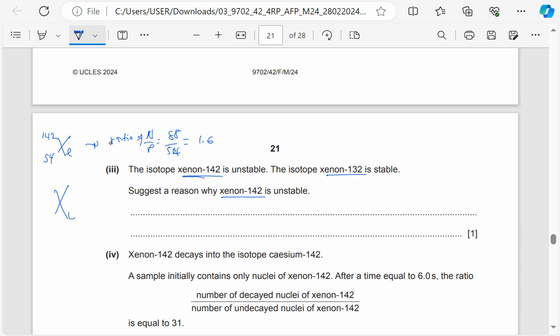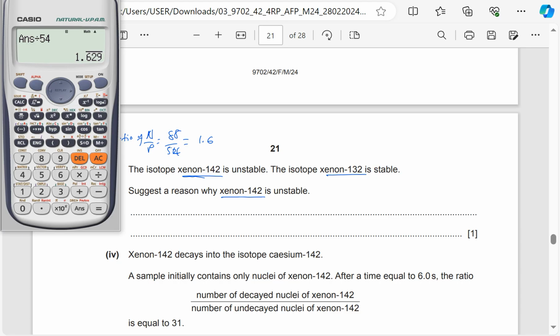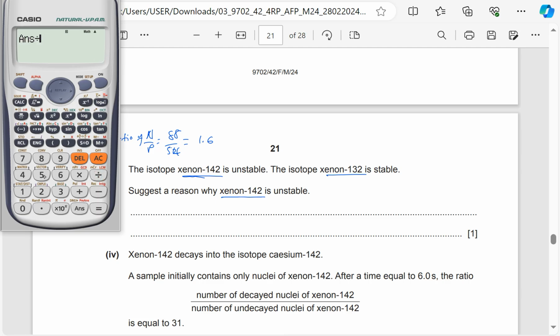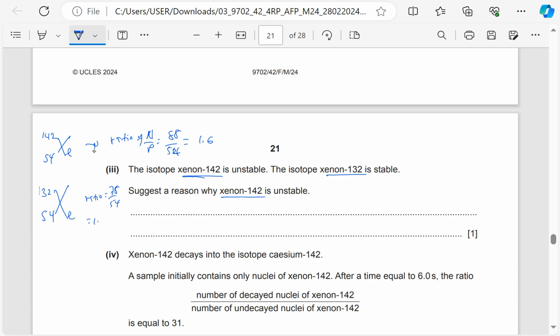Let's check Xe-132, 54. 132 minus 54, that is 78. So the ratio is 78 over 54. So this is 1.4. So this is a smaller ratio. So we are going to explain in terms of the neutron to proton ratio. So I'll say Xe or xenon-142